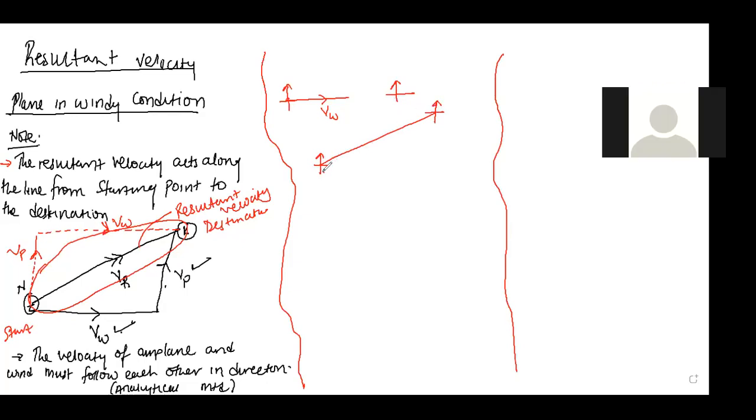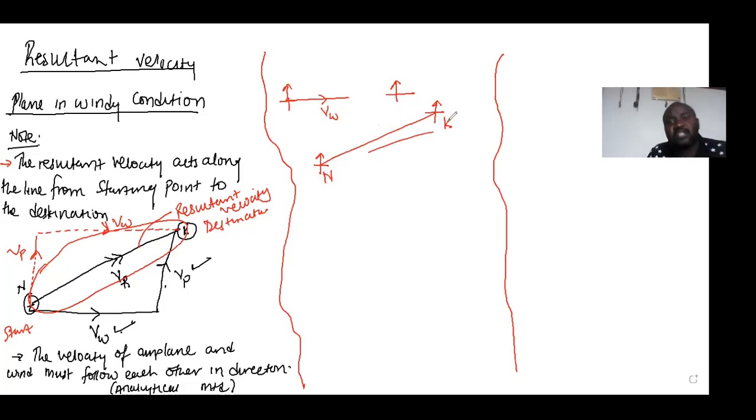Maybe this is Nairobi. This is Kampala. So in this case, you know where the plane is leaving and where its destination is. If you know that line joining the starting point and the destination, then always that line is the line of the resultant. It is the line joining the entire, because what happens is the resultant is in this way, that